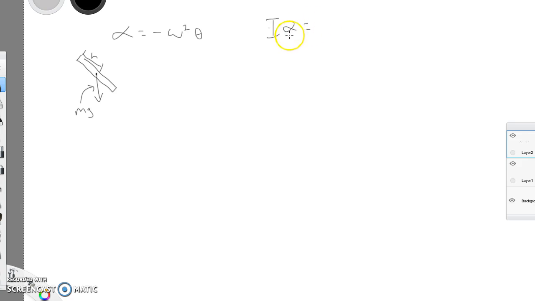And then we'll say that there's some angle theta here. Okay? And so the sum of the torques would be equal to the gravitational force acting times the distance away, h, times the sine of the angle between the force and the radius. Okay? And so alpha then, it's a negative torque, we'll say. And so alpha is equal to negative mgh over I